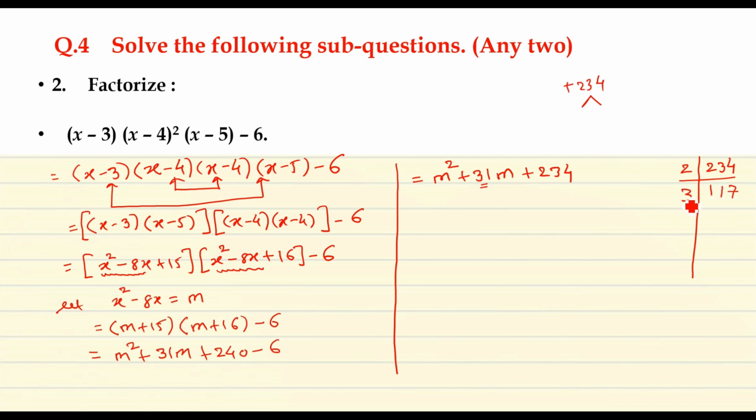If you divide by 3, then you will get 39. Again 3, you will get 13, and lastly you will divide 13 by 13. So these are the factors that I got for 234, and out of this, if you collect these two numbers together, that is 3 3s are 9 and 13 2s are 26, then we get